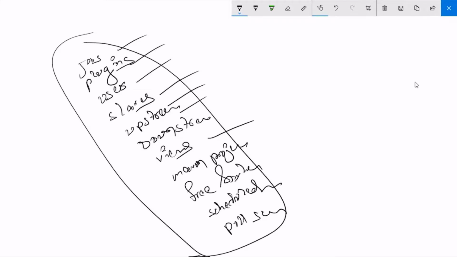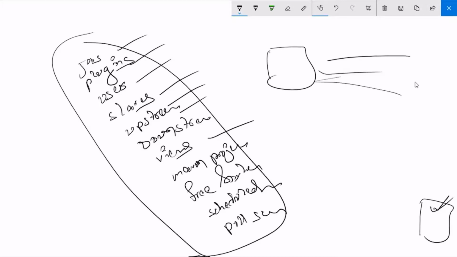Starting from committing code in GitHub to finally deploying into any server. So build, test, everything we are going to see. Whatever I have explained in my demo, that I am going to show you. Okay, so that project we are going to see tomorrow, guys. Tomorrow we are going to see that project.